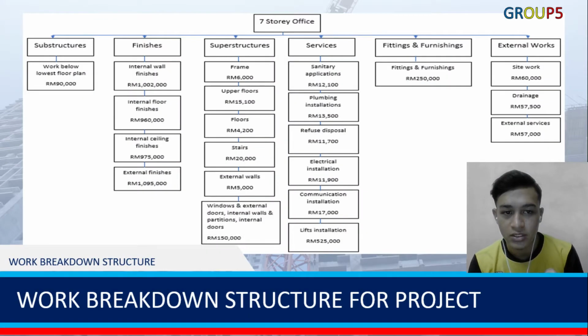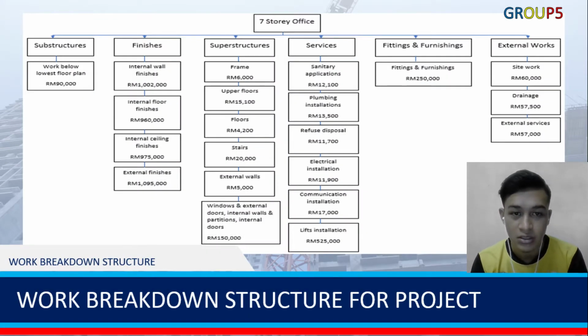There are several types of works, which are substructures, finishes, superstructures, services, fittings and furnishings, and the last part is external works. For substructures, we have work below the lowest floor plan, which costs around 90,000 ringgit. Next, for finishes, we have internal wall finishes, internal floor finishes, internal ceiling finishes, and external finishes. And the total cost of finishes was around